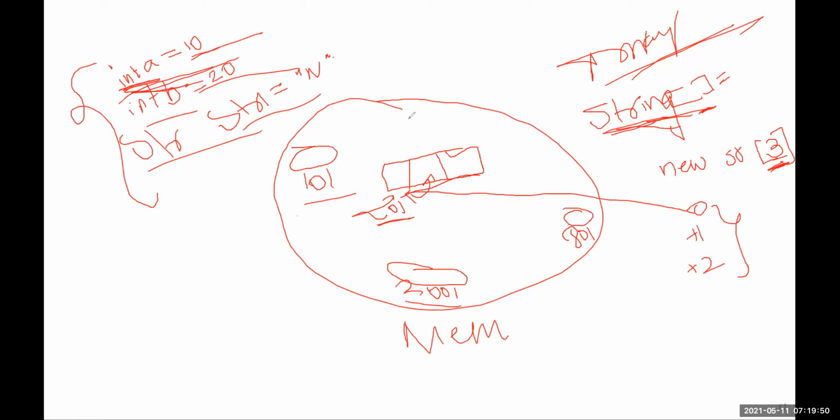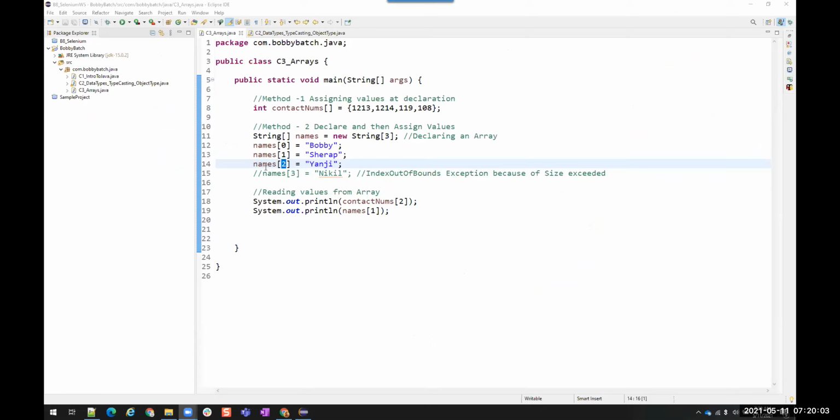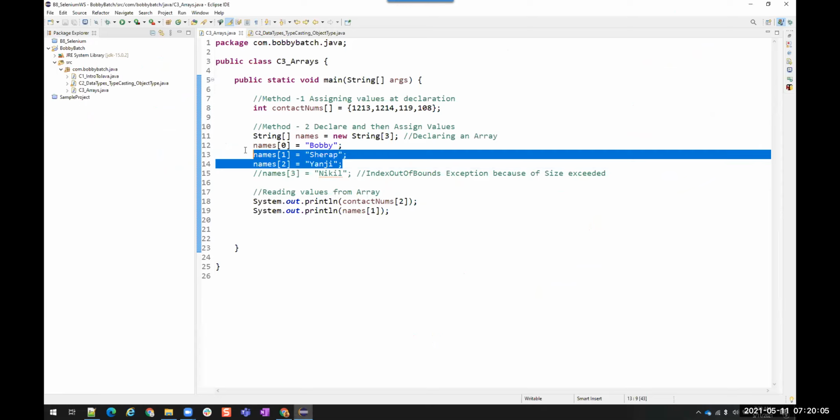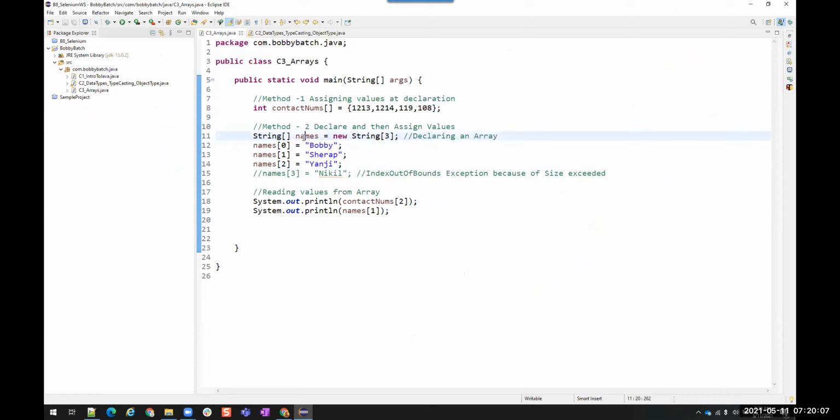Is that clear? Okay. All right. So that is why instead of creating 3 different variables, we are creating a single array variable.